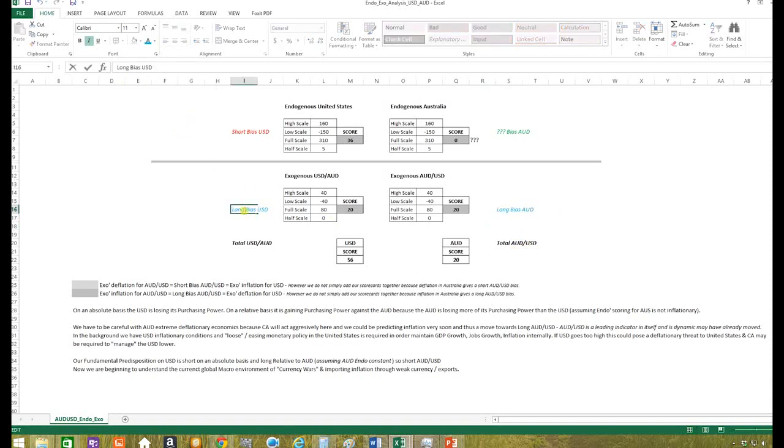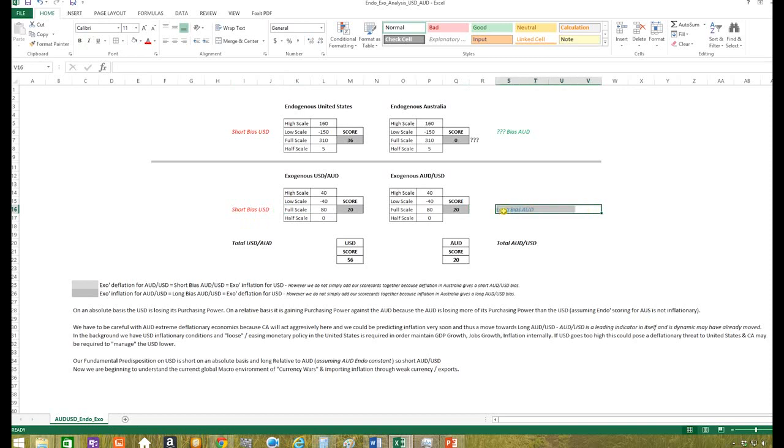So we would end up with a short bias on the side of the US dollar. And this number is now contributing positively to the overall analysis on this side. And that doesn't simply mean that we get deflation on this side. What we get is a short bias by default from our analysis of the subject economy,